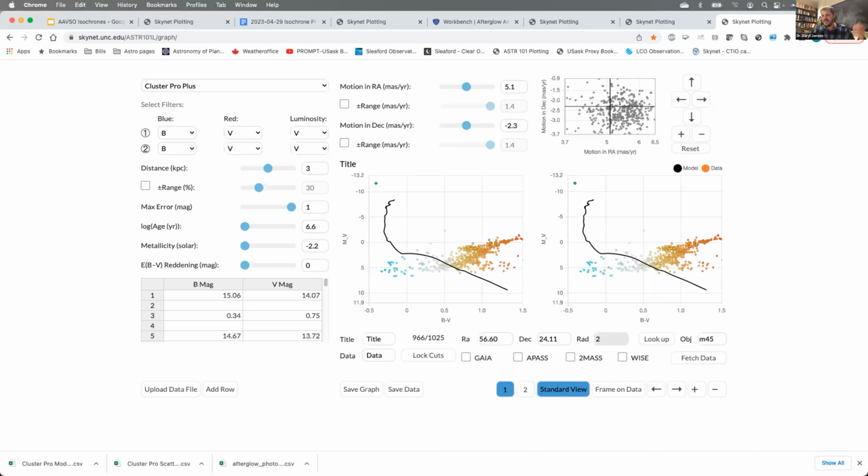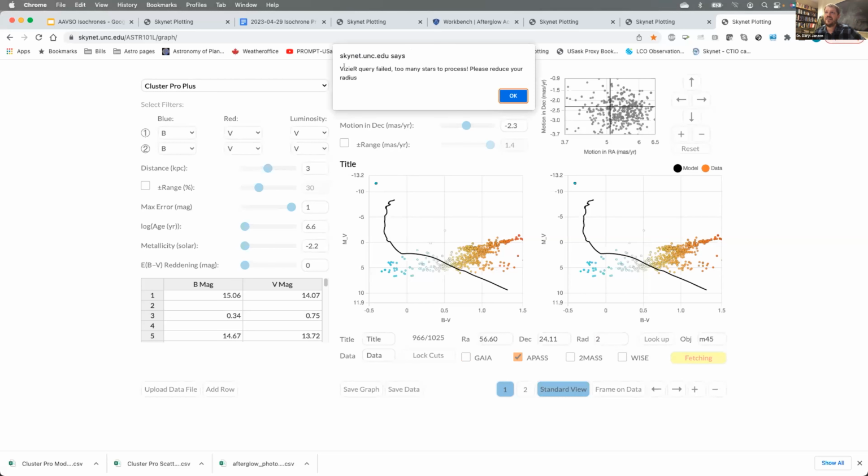The Pleiades is huge. If I then say I want to, well, let's start with APAS, because Gaia is going to be way too many stars. Click on APAS and click fetch data within a 2-degree radius. We should get an error message that the Vizier query failed, because what happens when I fetch data is it actually pulls from the APAS